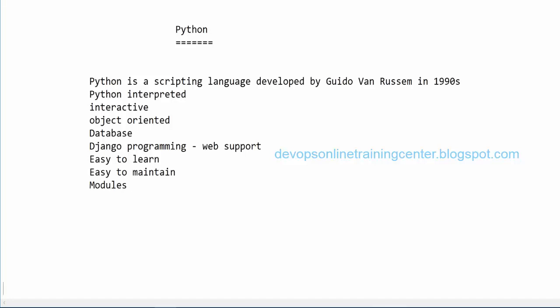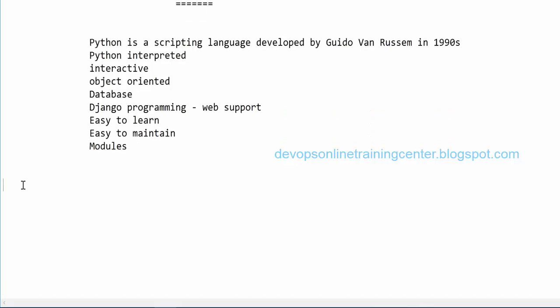Okay, so when we talk about any programming language or scripting language, it will have its own syntax. So how to write the program, how to call a function, how to call a module, how to define a module, how to define a function.